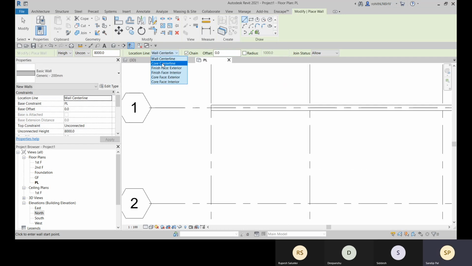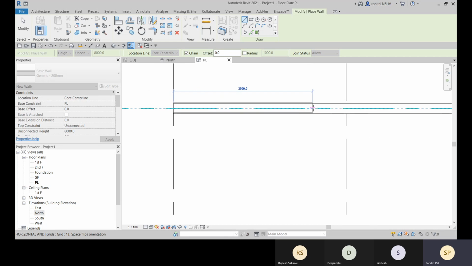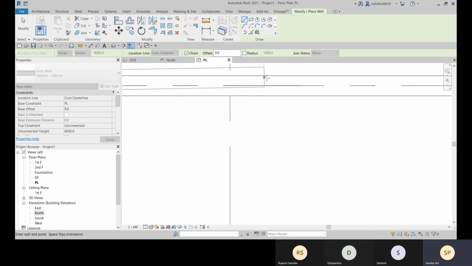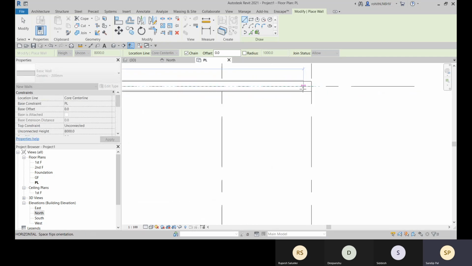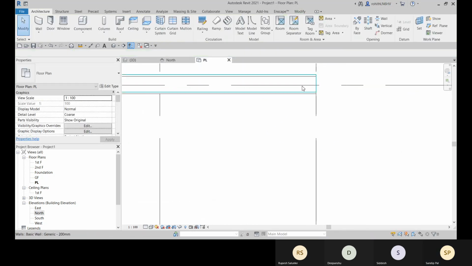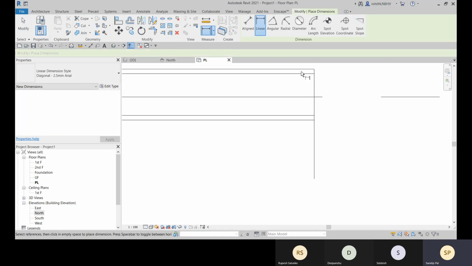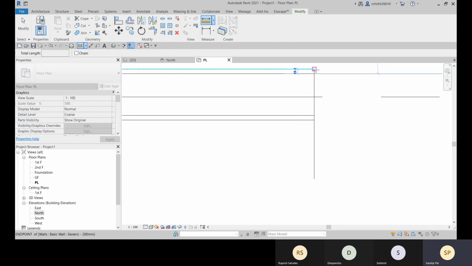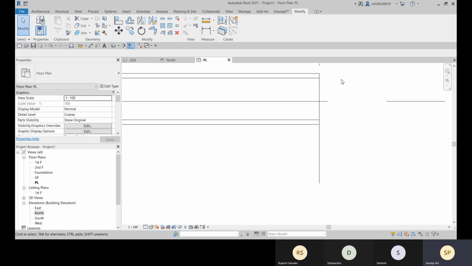Here we have this core center line. Now I will go the same placement, and here you can see that it's 25 mm. You can check, you will find out like 25 mm distance. Yes, right. I hope you understand.